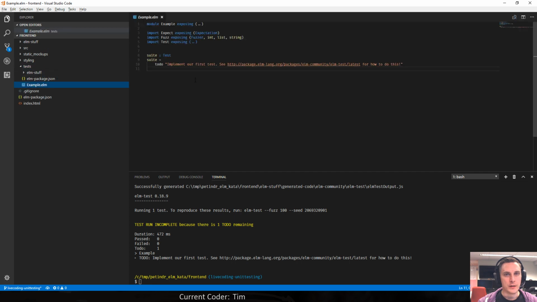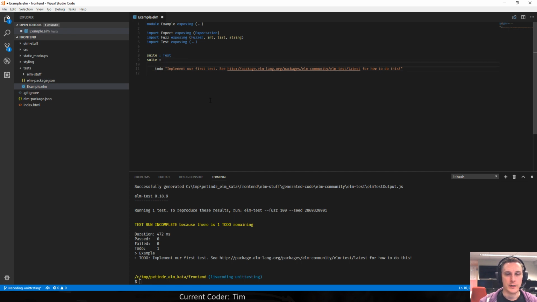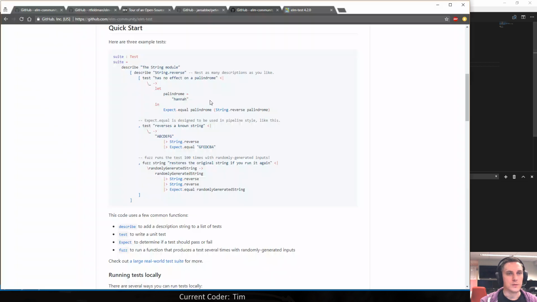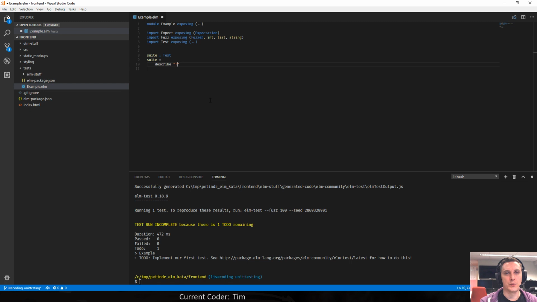Okie dokie. So here an example. Here our suite should look like, well, it should start off with the describe. There we go. So this can go. And what are we gonna describe? Let's just take the same example. So let's suppose that we're testing the string module.